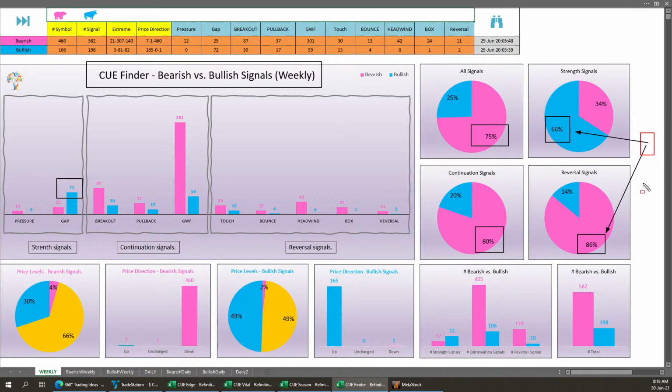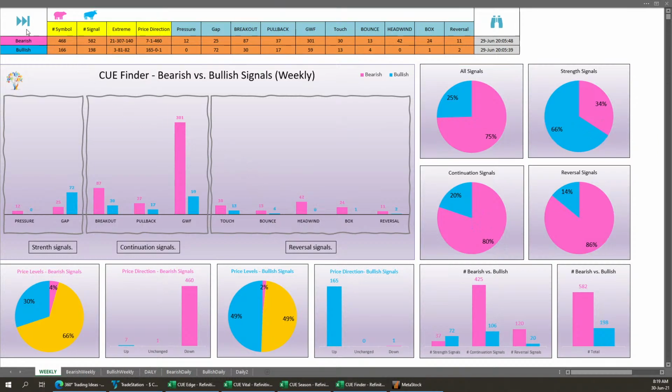The technical breadth weekly interval is bearish from that angle. The all signals are also bearish, and now we see a not insignificant number of bearish headwinds in the weekly interval. That is always an alert. So we have multiple alerts or bearish signals from the weekly technical breadth. The week is not over yet,